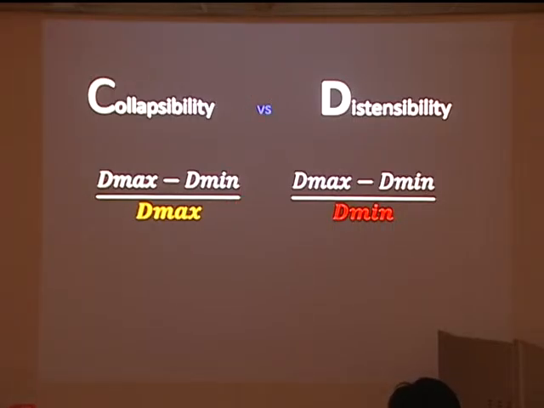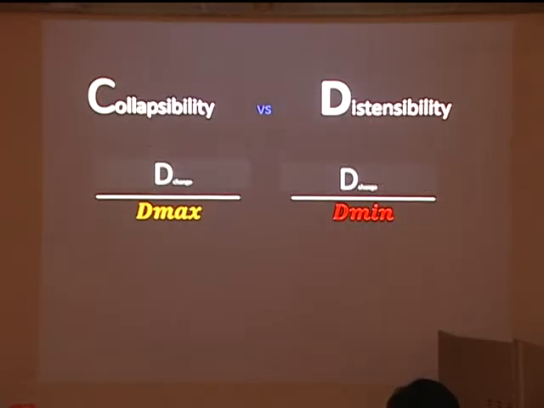I must confess I cannot, so I try to simplify it. I say that this is the change, whatever the size is, the biggest and the smallest. And for this one, I look at the diameter of the IVC at the start of inspiration. At the start of inspiration, for a patient who is mechanically intubated, we're going to have a minimum diameter, because inspiration is going to distend the IVC. Similarly, on the other side for collapsibility, we look at the start, which is the maximum, because when the patient takes a breath, the IVC is going to collapse.